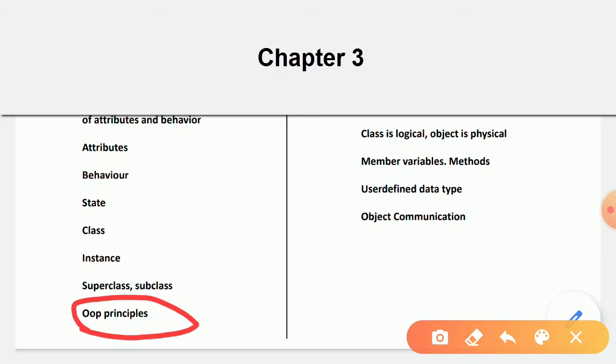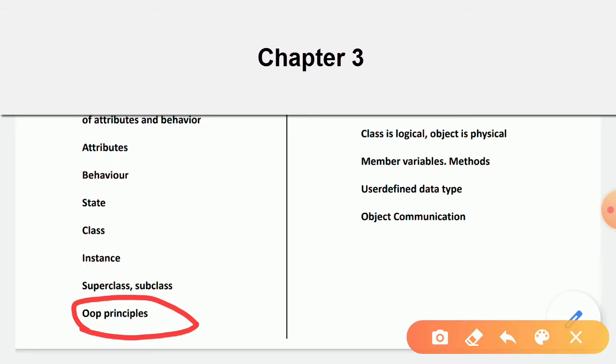And since we are talking about abstraction, we might as well discuss multiple abstractions. What is multiple abstraction? Now there can be different levels of abstraction. For example, I, as a driver of the car, I know how to drive the car, but I don't know the working of the car. The inner working of the car is not known to me, and I don't need to know. This is one level of abstraction.